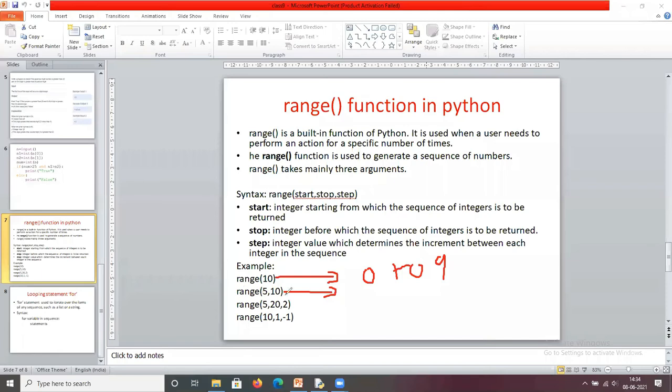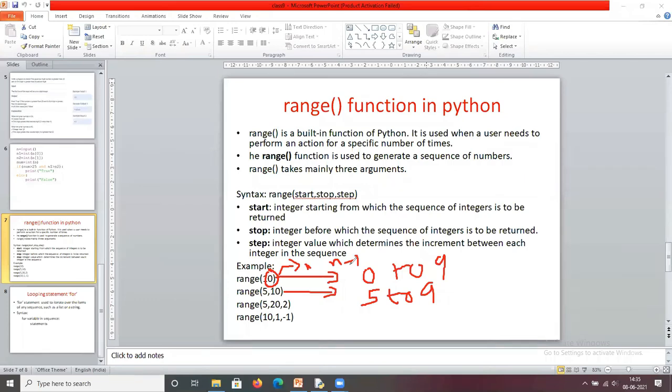Okay. So range 5 comma 10. What is the expected output? Range 5 comma 10 means 5 to 9. Very good. Here this is the n. The sequence of numbers is written up to n minus 1 only.